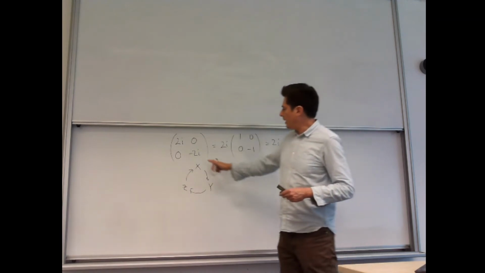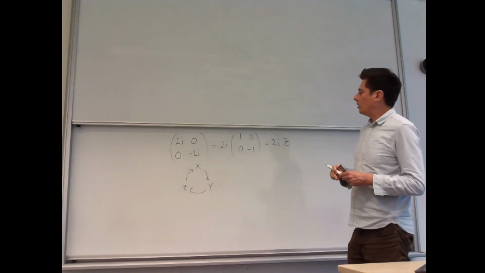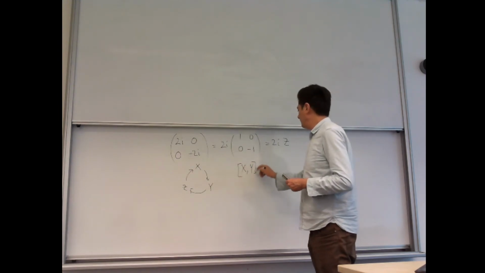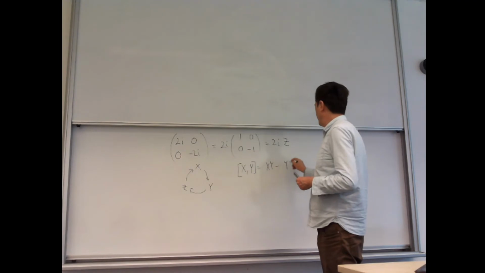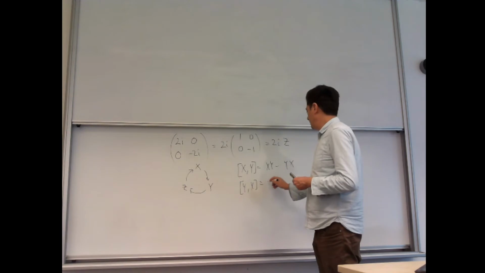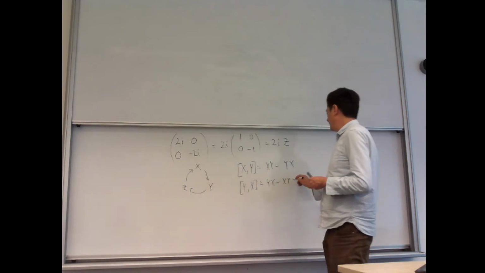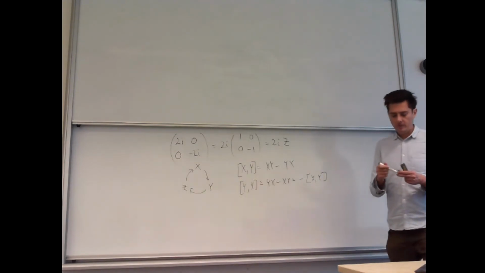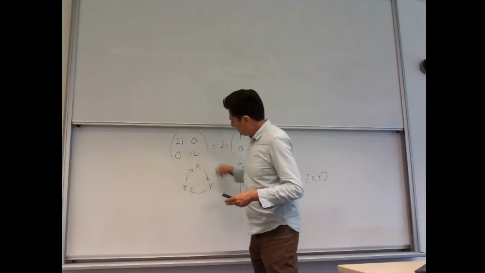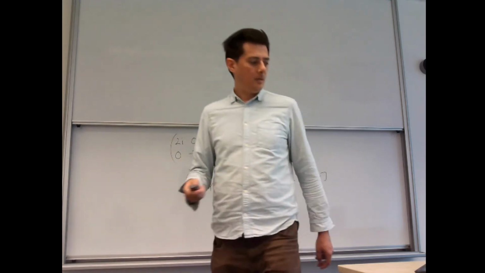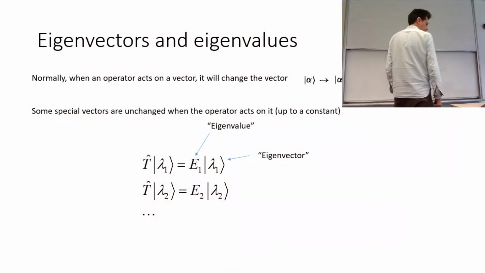It's obvious that you get a minus sign because, for example, x comma y is xy minus yx. And then y comma x is yx minus xy, which is minus of x comma y. So there's an ordering to this, so if you go the wrong way around, you'll get an extra minus sign. Okay. Right, and then finally,